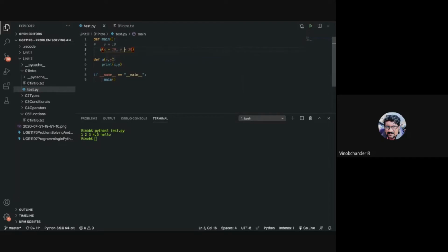So named arguments are x and y, right? I use those particular names, associate or assign an appropriate value, and then pass it around. All right, so this is also okay. Now the advantage is, depending upon your usage or your problem to be solved, you can reverse these arguments if you want. If I say y is equal to 20 and x is equal to 30, this is also possible.